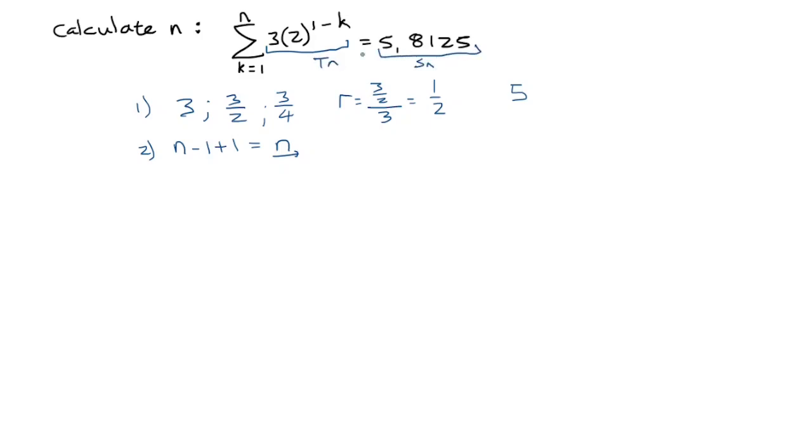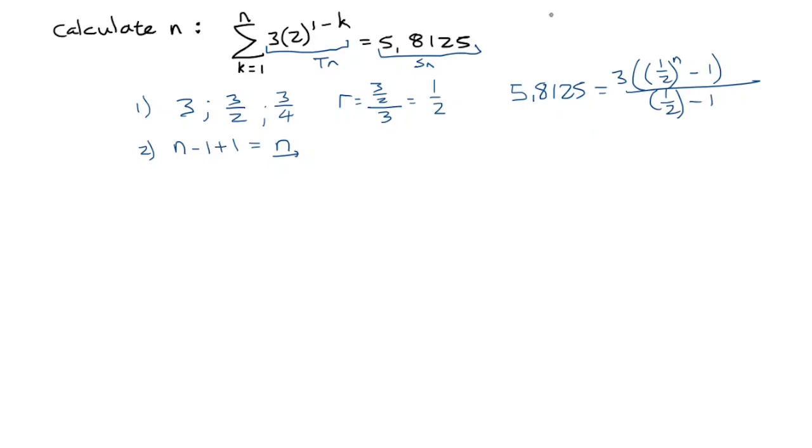Be careful not to make the mistake of thinking this is one long equation that you can move things across. So here we go, diving into the actual nuts and bolts of it. The first term is 3, the ratio is a half to the power of n minus 1 over a half